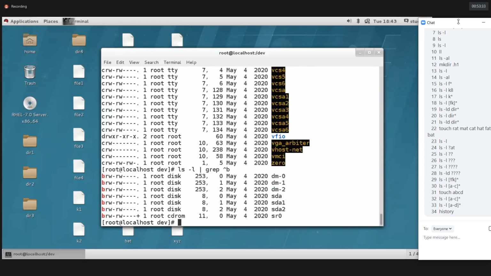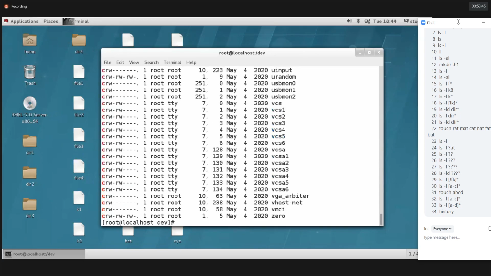Then hit enter. See guys here, the starting letter B, these are all the block files. If I need to filter character files, we have C as the starting letter. So these are all the character files we can filter. If you need normal files, what do we need to do? We should provide hyphen.